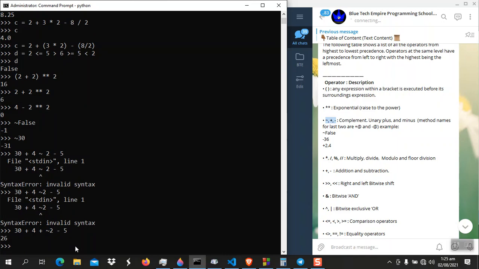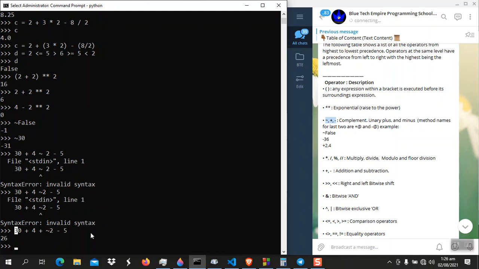In this case, we see the evaluation is 30 plus 4 is 34, minus the complement of 2, which is -3. 34 minus 3 is 31, minus 5 gives -26. So it operates from left to right: 30 plus 4 gives us 34, plus the one's complement of 2, which is -3, so you now have 34 minus 3, which is 31. Then 31 minus 5 gives us 26. So it's from left to right, because these have the same precedence, so they are evaluated